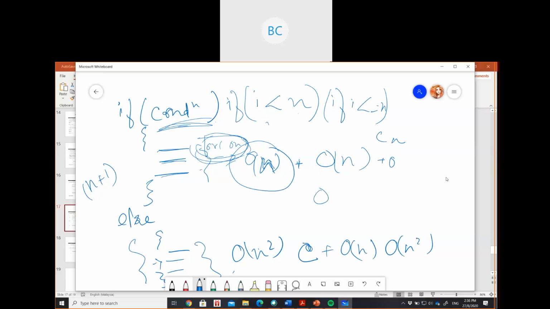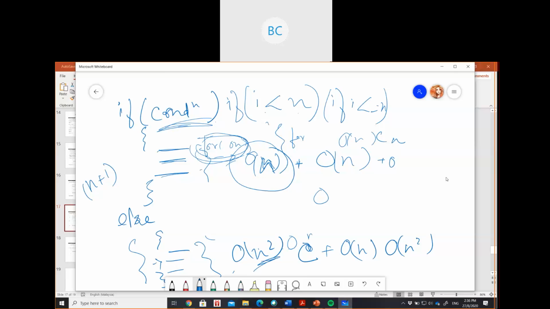I just gave you the example. Just imagine that inside the else there is a nested loop. Are you getting my point? Why did I write O(n) square? That was just an example. Just think, inside the if condition we have one for loop with time complexity O(n). Then inside the else there is also a nested loop. That's why our complexity is O(n) square. That was just for you to understand.